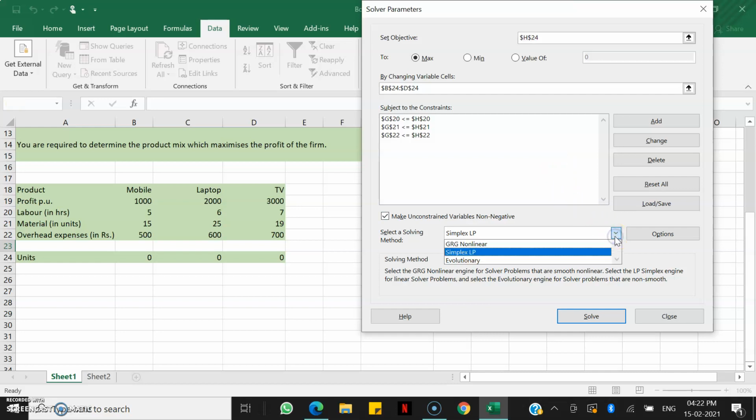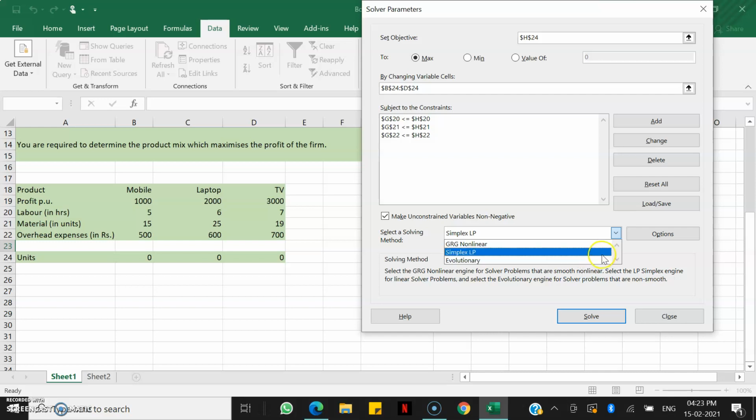Now we have to select a solving method. So there are different methods. GRG nonlinear is for nonlinear programming, the problems where we have smooth nonlinear distributions. Simplex LP is for linear programming, and evolutionary is where we have non-smooth, non-linear programs.